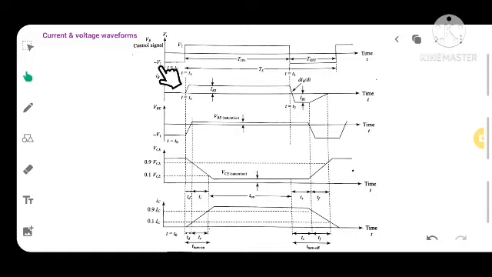Because we have applied a negative voltage, and due to this the emitter base junction will be reverse biased. Then the transistor will be essentially in the off state, as the base current IB in this condition is equal to 0. Though there will be a leakage current, we can consider the current to be approximately equal to 0, which is not enough to turn on the transistor.